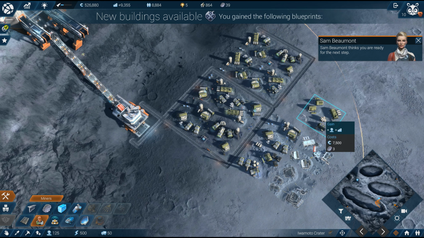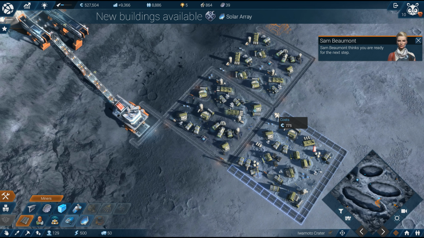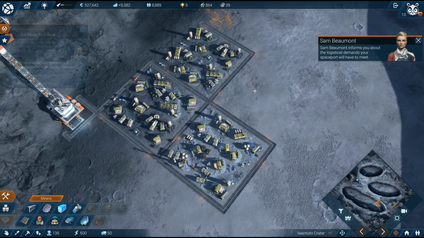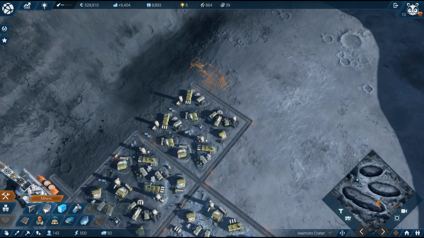It's official. The sector holds the first colony to meet the standards of the Lunar Licensing Program. No cause for complaints. That's okay then. Don't leave our good old Earth out of the picture, though. To send your lunar yield down, you must establish additional landing stages for cargo shuttles. Produce titanium plating. Okay, so I need...